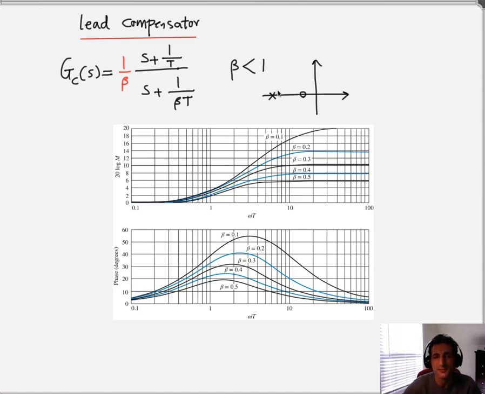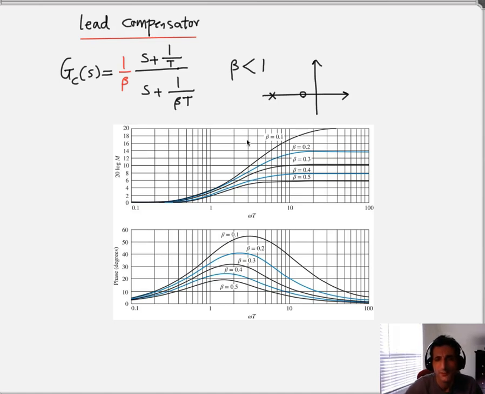So now mathematically speaking, a lead compensator with unity DC gain can be expressed as what you see here: GC of S equals 1 over beta, and again, this 1 over beta is here because that just provides you with a unity gain compensator, multiplied by S plus 1 over T divided by S plus 1 over beta T. So now really the only thing that you have to design is just T and beta, or just find out where the location of the pole and the 0 of the lead compensator is,